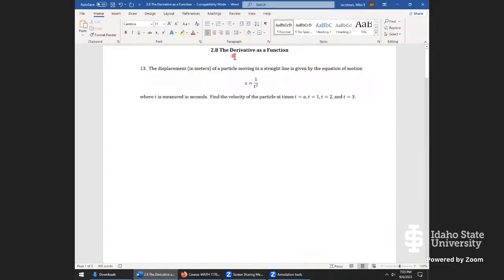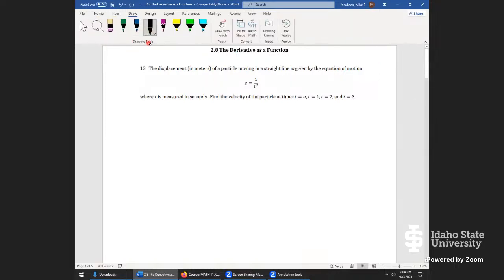So to start off class today, there was a question from the class about problem number 13 in the homework. This one, I believe I heard it was section 2.7, right? Gotcha. Yes. So from section 2.7,